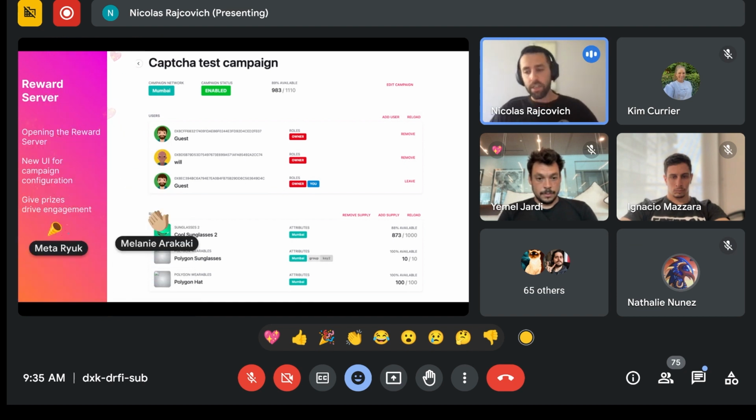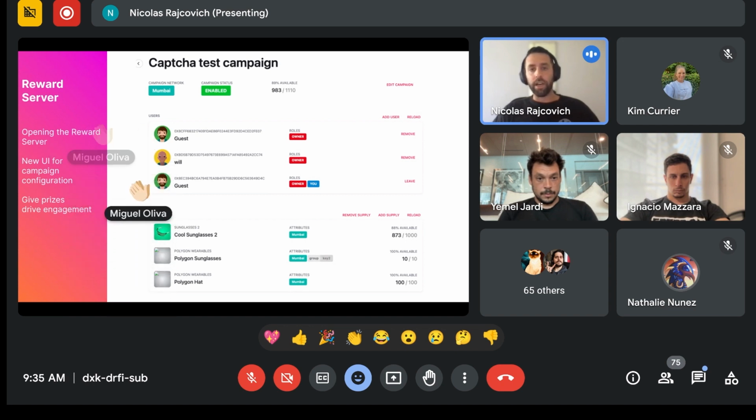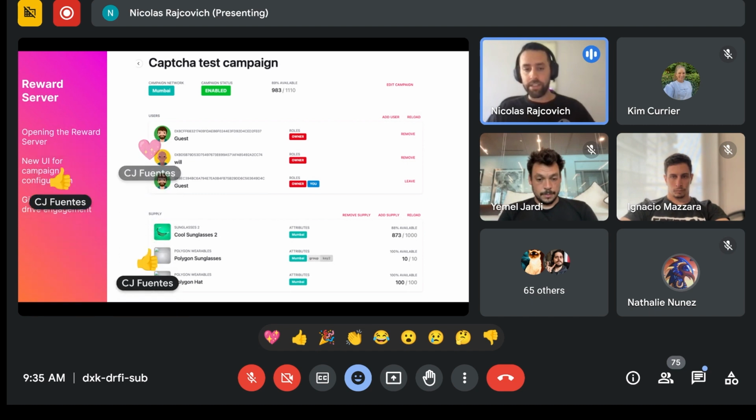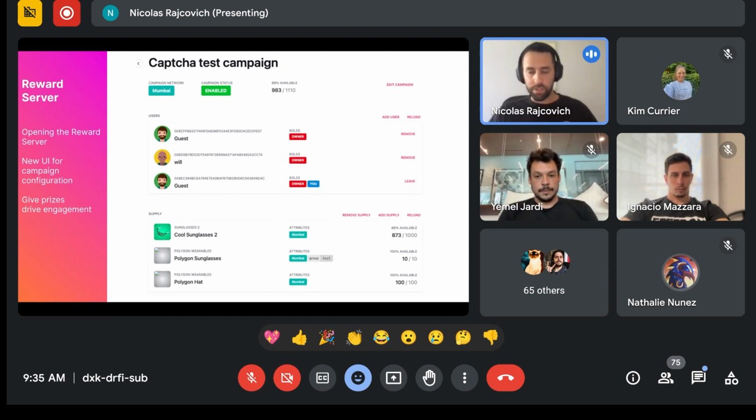So it's going to be easy to use. You will need to use the SDK, but you can have a clean UI to configure the campaign and the prizes and everything. This is not the final UI, it's just a mockup. Once we release it, you will be able to see how it looks in the end.